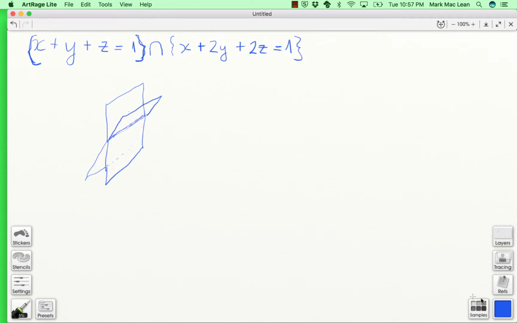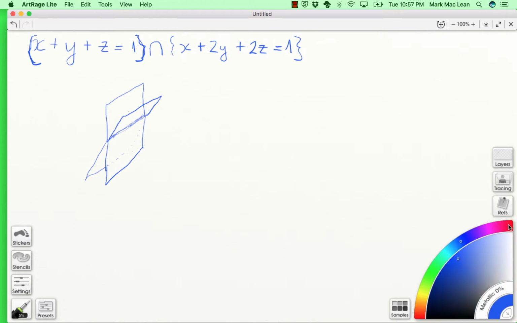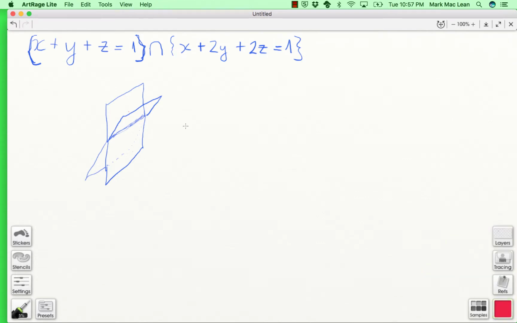So let me switch colors here. For example, if I can find a point on that line and then a vector, which we could call v, which gives the direction of that line,